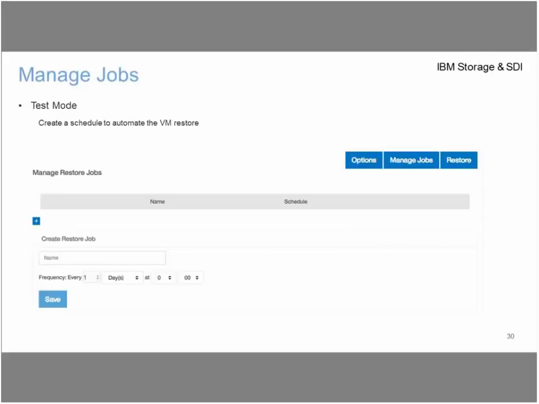In terms of managing jobs, you have an option when you choose the VM to be restored to manage jobs. And what the Manage Job tab or section allows you to do is essentially set a schedule to perform that test mode restore. So if you said, for example, that I want to make the latest snapshot of my SQL VM available to my development staff every Monday morning at 8 a.m. so they have the latest copy of our production environment in which to do their development work on,